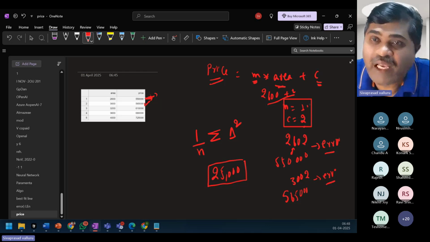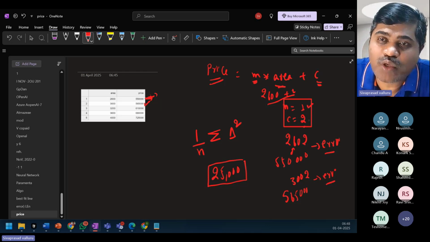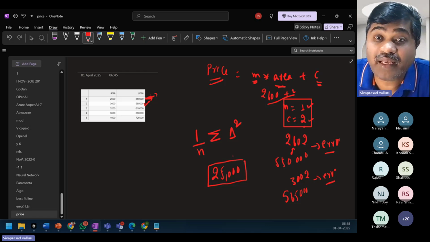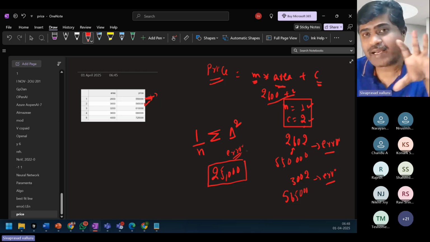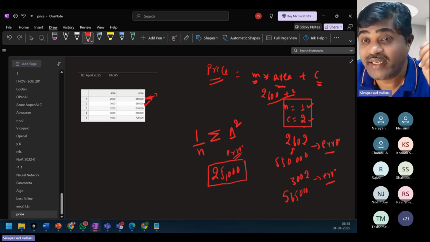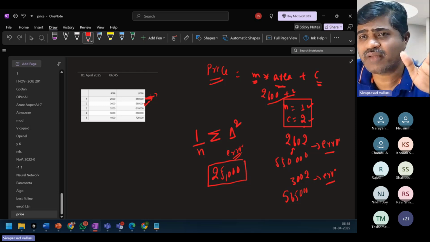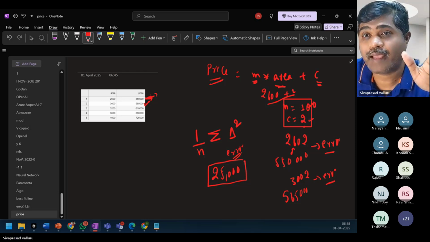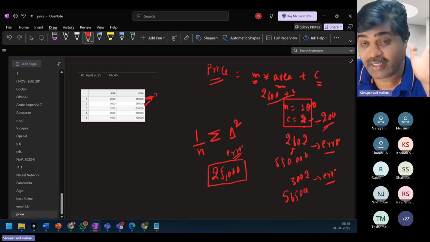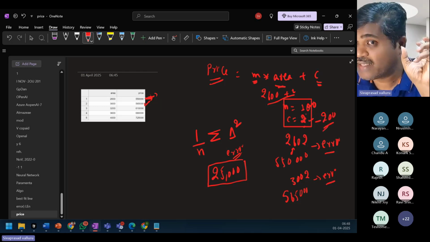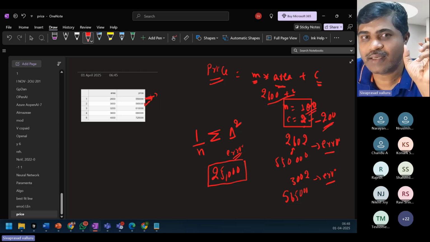So when the value of m is 1 and c equals 2, there is a mean error of 25,000. Then the algorithm has to adjust the values of m and c.